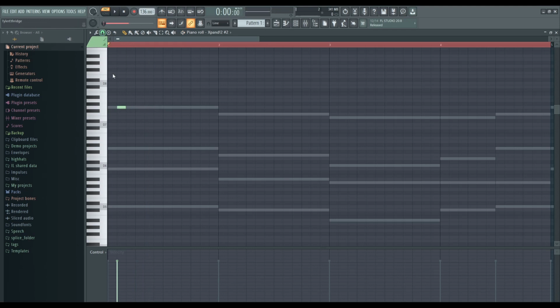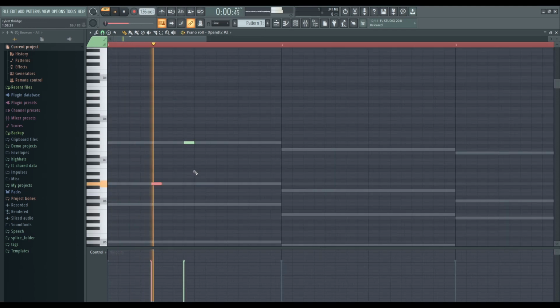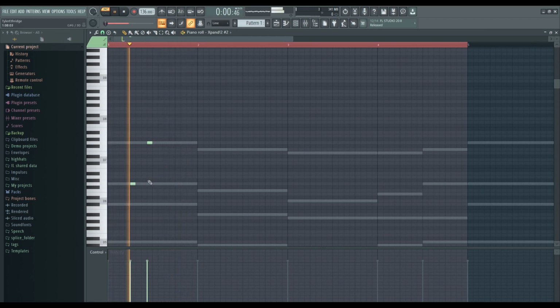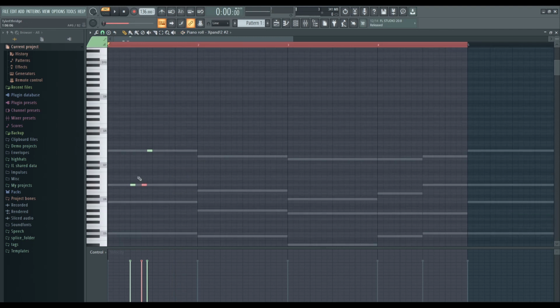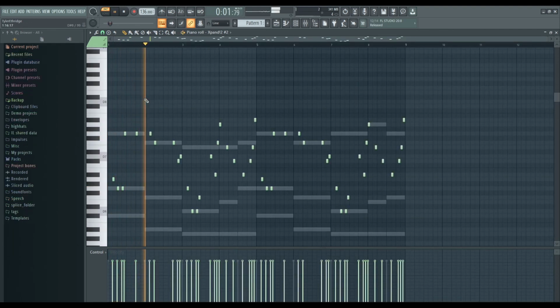And from there, I tried to make a counter melody, and I was just tapping around on my keyboard at the time, just trying to find what sounds worked and what sounds do not work. Alright, so looking back, I would definitely have less in this